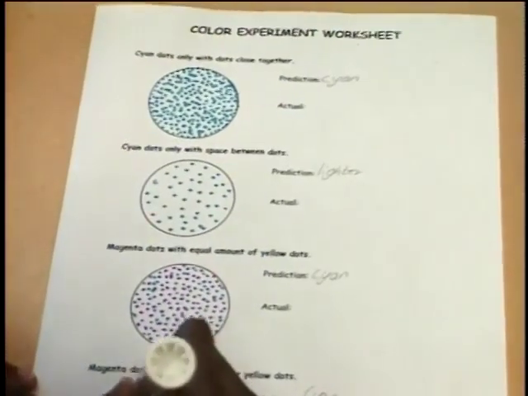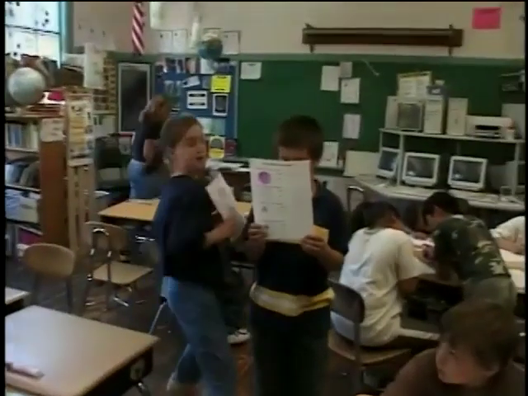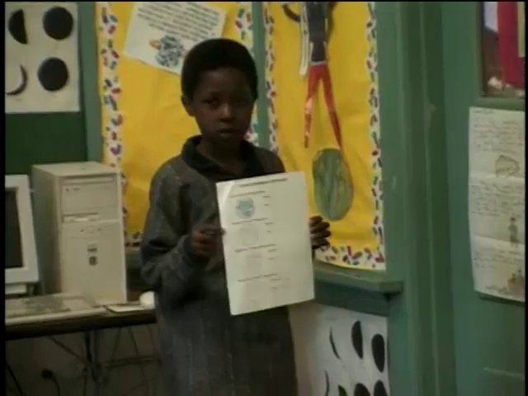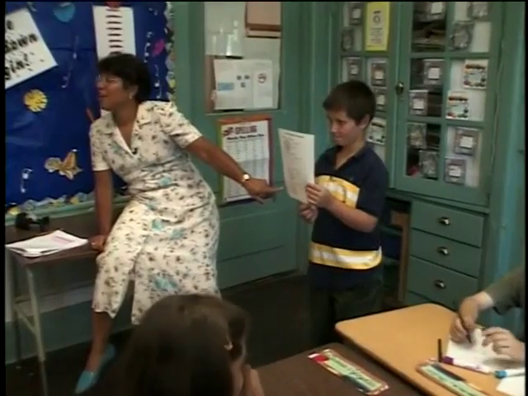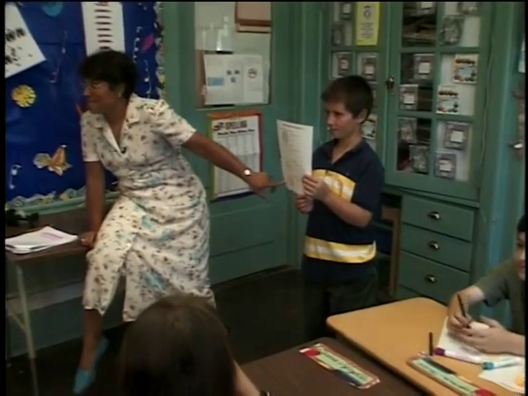Say 20 or 30 or whatever, blue dot, and then you did double them. Oh, nice job, girls. What do you see here, Joseph? Orange. Did you think it would be orange? You wrote cyan. So were you surprised?